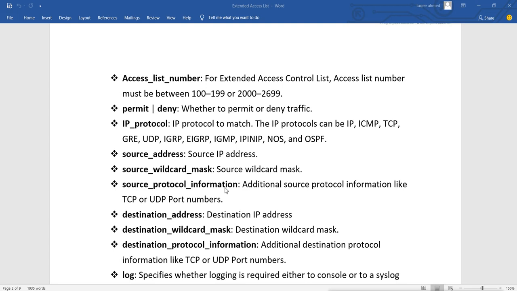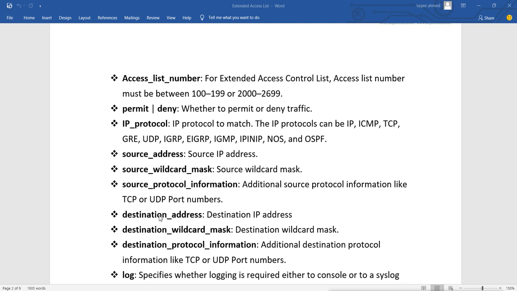So maybe we don't mention it, I will not mention it. Then we will mention the destination IP address, that means the destination machine for which we want to block or allow the communication. With the destination IP address, we have to mention the wildcard. Wildcard, because maybe I want to permit or deny the whole network. So whenever I give the network IP, I have to mention the wildcard.